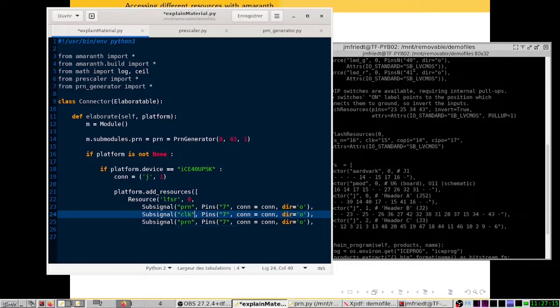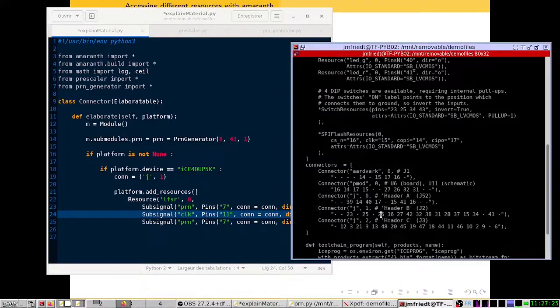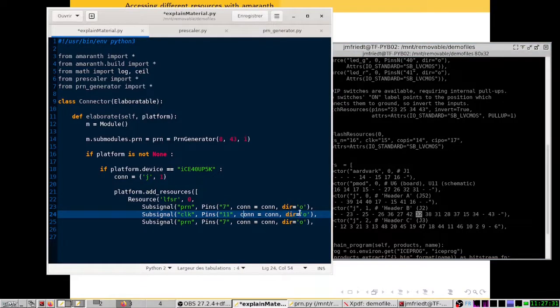The second one, we'll call it clock. Let's take the number 11. So here if J1 is 26, so it's 7, 8, 9, 10, 11. We take the pin 32. Connector is the same, the direction is the same, and for the input, which will be an enable signal,